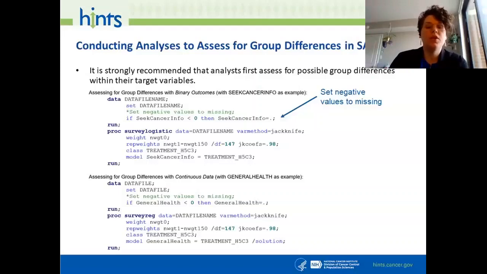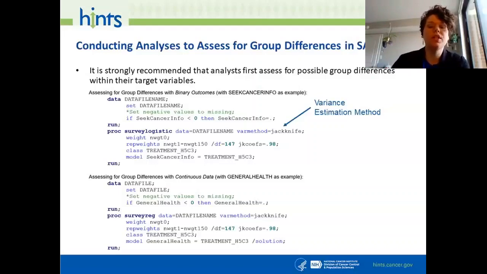So next I'm going to select my variance method, which in this case is jackknife, because I'm using SAS. It can incorporate jackknife replicate weights. We do suggest that you use jackknife replicate weights if your statistical program can incorporate them. Next, I'm going to select my final and replicate sample weights. So under weight, I will put my final sample weight, which is NWGT0. And I will also next put in my replicate sample weights, which are NWGT1 through